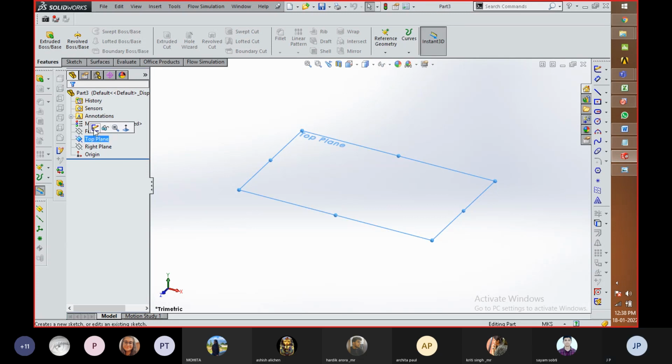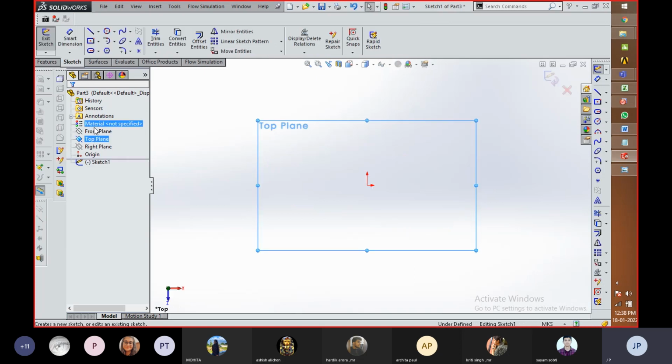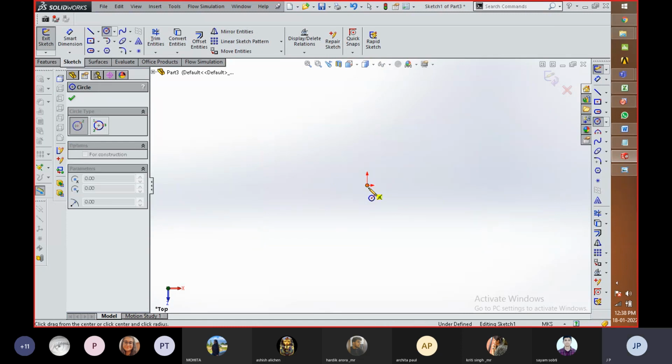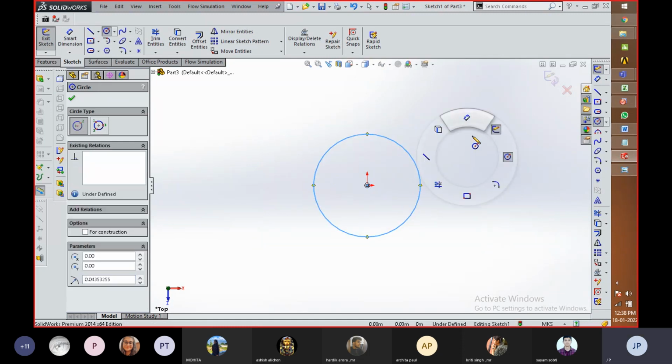So first, place your cursor on the plane and then right click or left click, whichever you want as per your necessity, and then left click on the icon to create a sketch. Okay, as you opt for sketch, the ribbon changes from features to the sketch module, where all the 2D tools are placed within the ribbon. After that, you need to use these sketch tools with the help of which you can create a sketch. So I'm going to select circle. Then I'm going to create two circles.